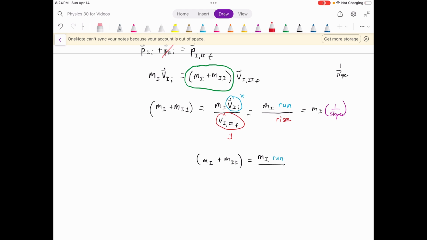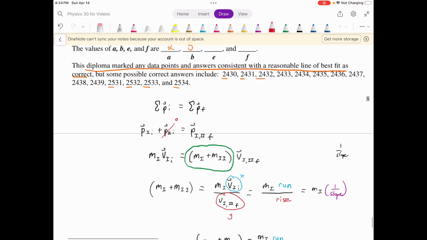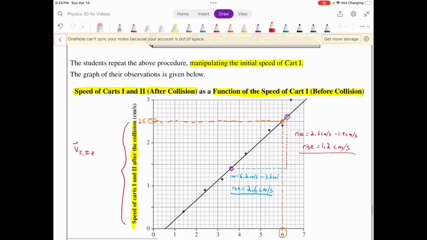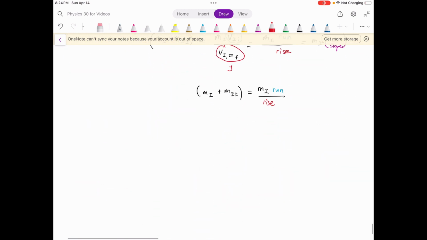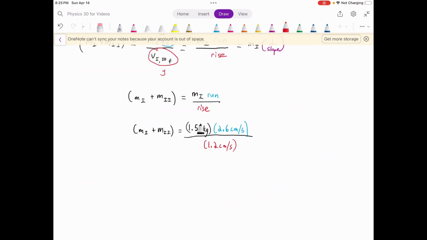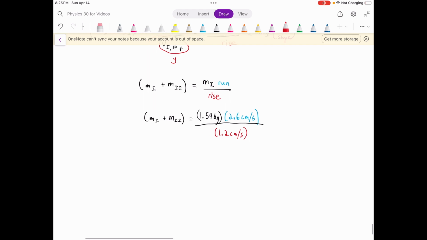And now we know that our run is 2.6 centimeters per second, and our rise is 1.2 centimeters per second. And we know that the mass of cart 1 is 1.54 kilograms, right? So putting this in and calculating it out, I'm getting that the combined mass using graphical analysis is